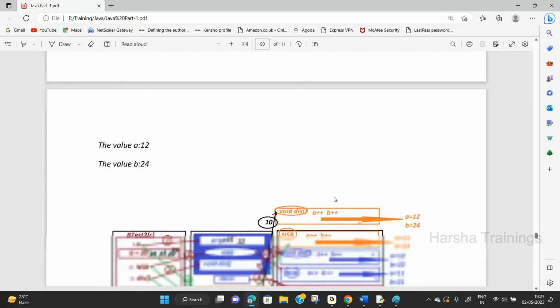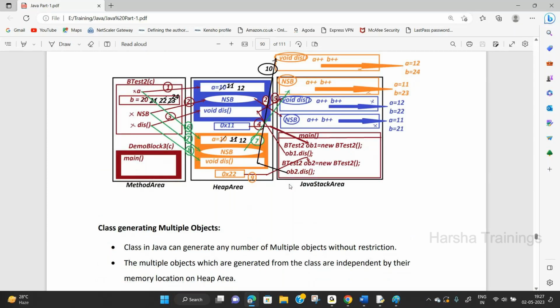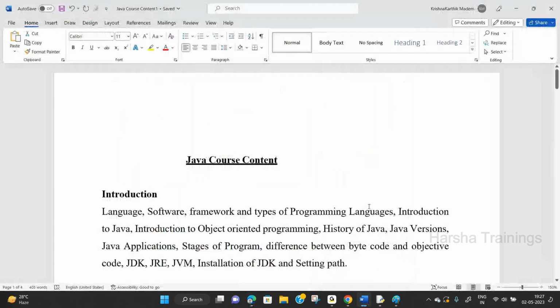Execution flow, in-depth execution flow. So this is the procedure we are following. And one more thing everyone needs to know: what is the syllabus that we are going to cover. Without knowing the content, it is simply a waste.